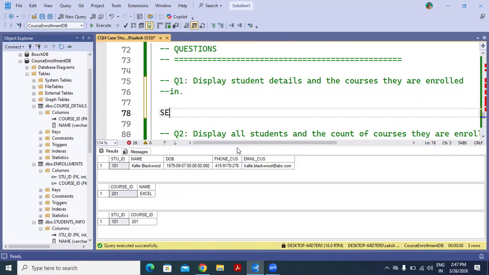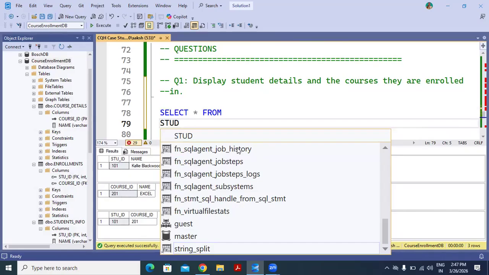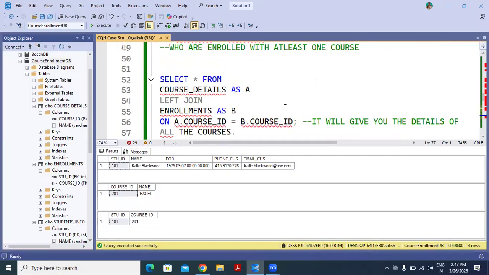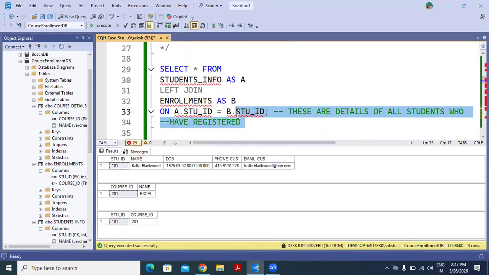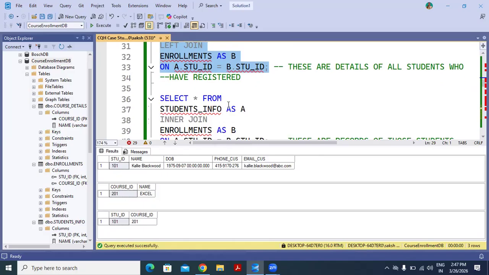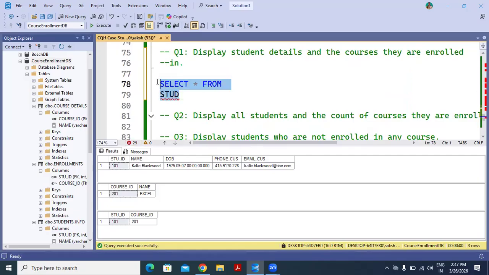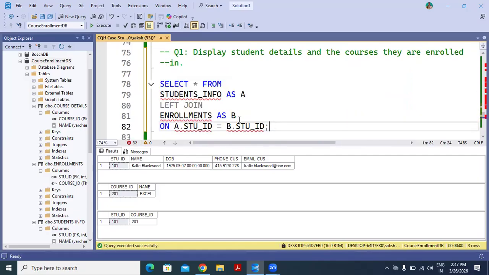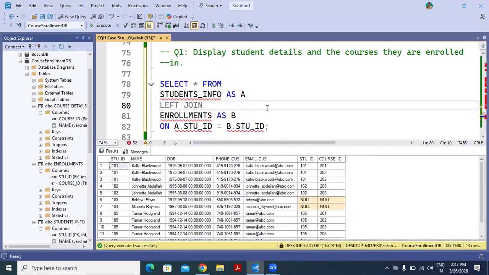So let's join them. Select all from table 1. Or we can copy this, we have already joined, so it will be easier.